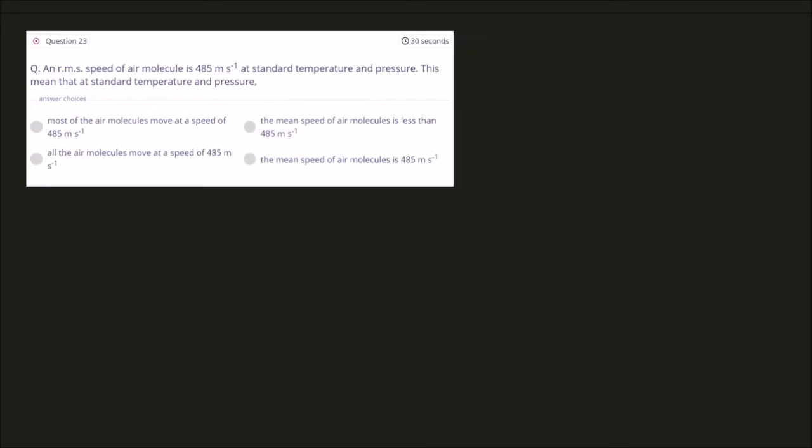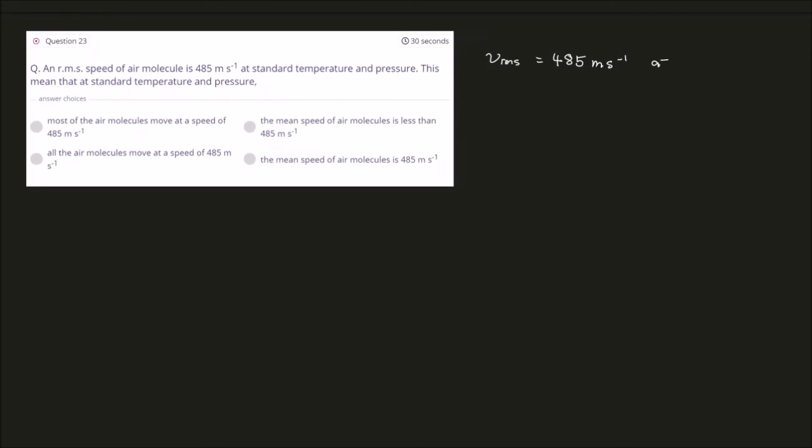An RMS speed of air molecules of 485 meter per second at standard temperature and pressure. It should not be N, probably the RMS speed. I'm not sure, I might have copied it wrongly. Okay, so the RMS speed is equal to 485 meter per second